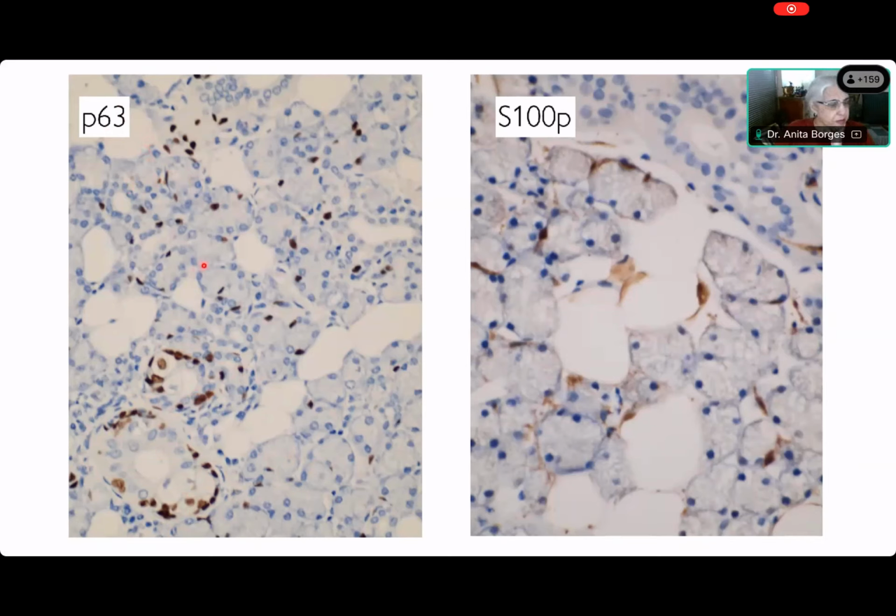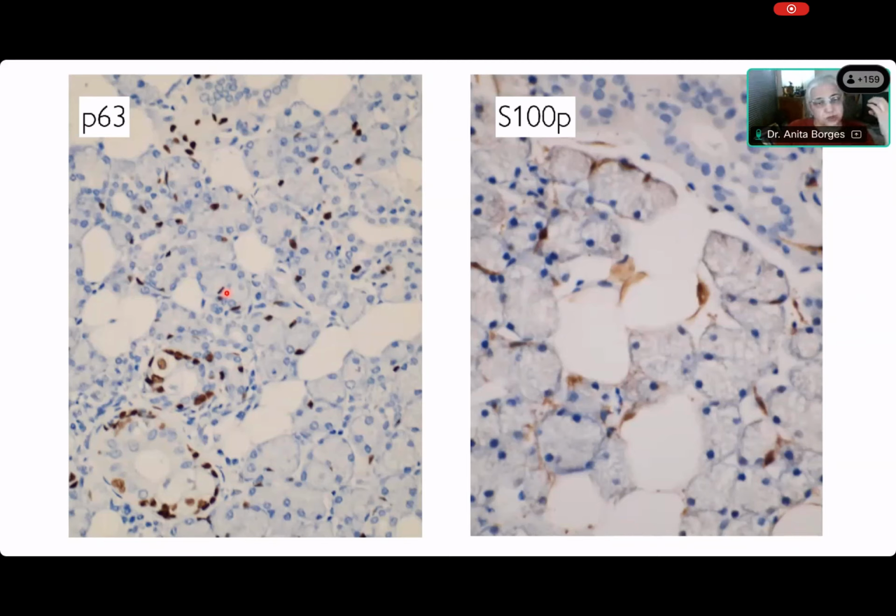Do you agree, Soumik? Your third year student knows Soumik? Yes, ma'am. Where else do we use P63 to show basal cells, Soumik? Or do you have immunohistochemistry in your lab? In our college, madam, we do have the IHC, started last 3 months. Only in the last 3 months. All right. So I don't know if Gaurav is able to hear us now. Gaurav, can you hear us? Gaurav? No, he can't hear us. Okay. Akshara? Yes, ma'am. Can you hear? I can hear you. All right.